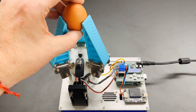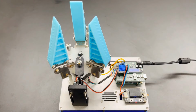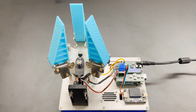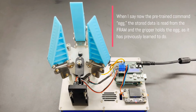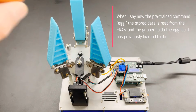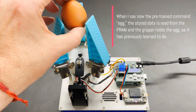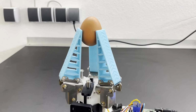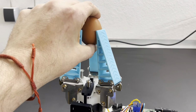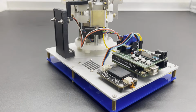"Open." "Okay, got it." "Stop." "Okay." "Close." "Done." "Stop." "Doing it." "Open." "Doing it." "Egg." "Okay, got it." "Hello robot." "Yes, I'm here." "Open." "Done." The DFRobot offline speech recognition module has 121 fixed commands and 17 commands that the user can train